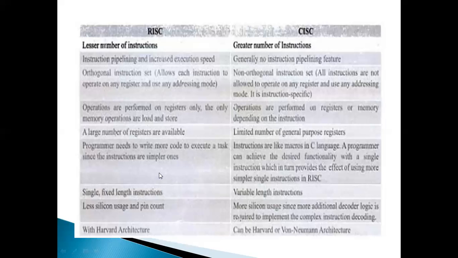In RISC, the programmer needs to write more code to execute the task. In CISC, instructions are like macros, means multiple operations. If we use one instruction in CISC, many other operations can also be executed. In RISC, a single fixed length instruction means one instruction is executed